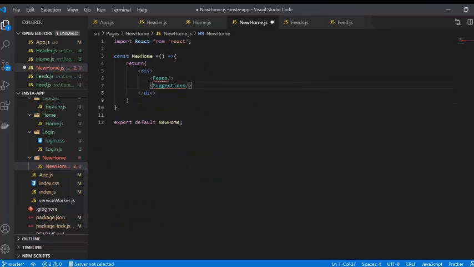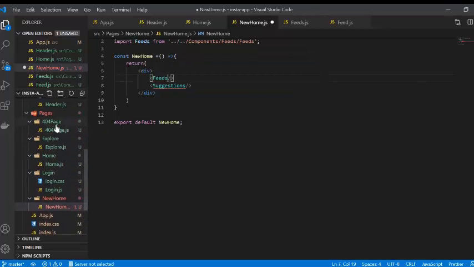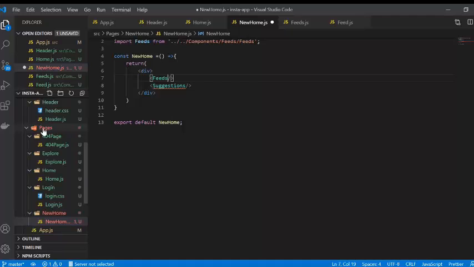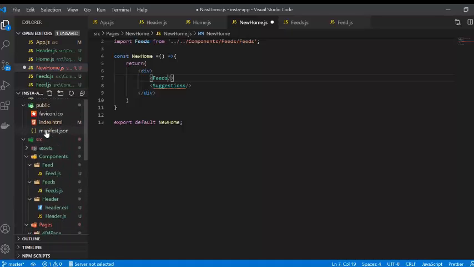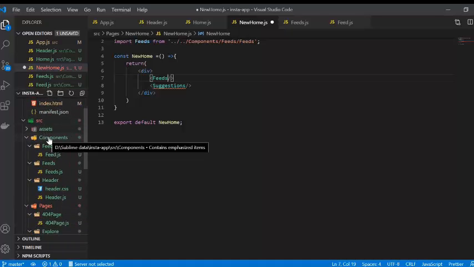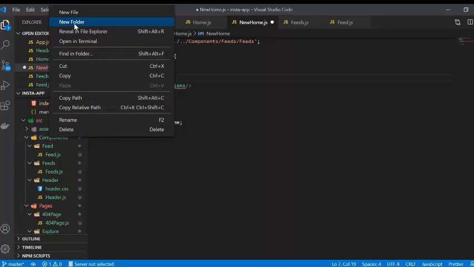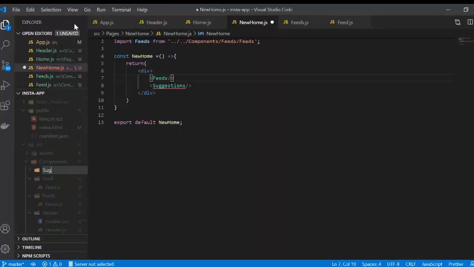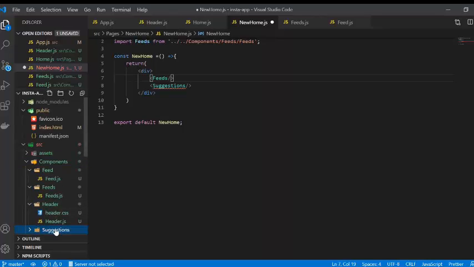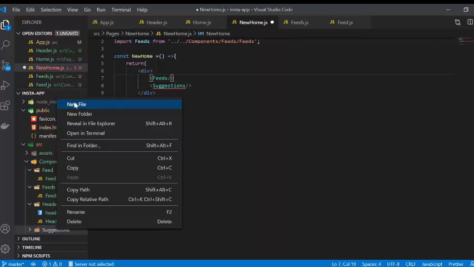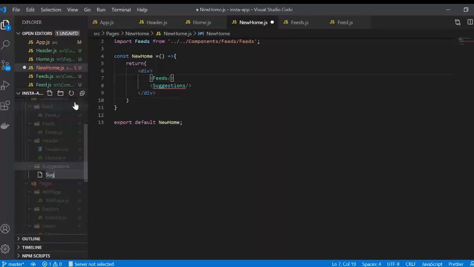Now back to our new home, I'm just going to export these feeds in here, and we have also not built this suggestions block. So in our components.js, I'm going to create a new folder called suggestions, and also a new file called